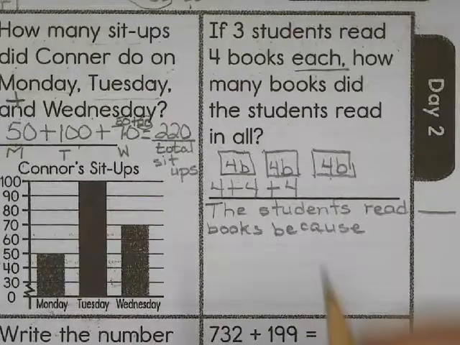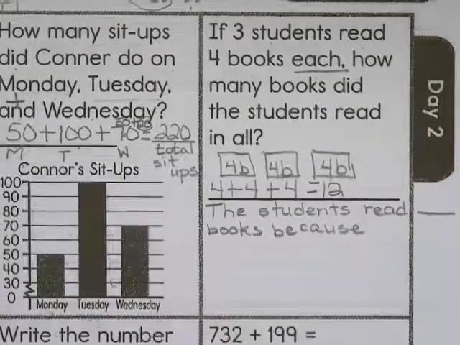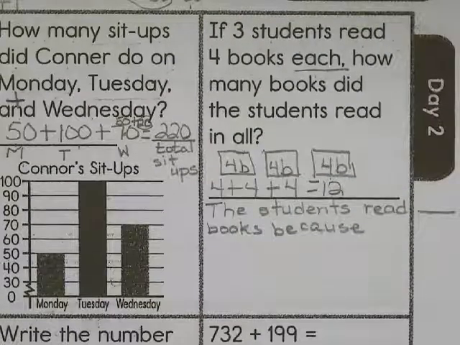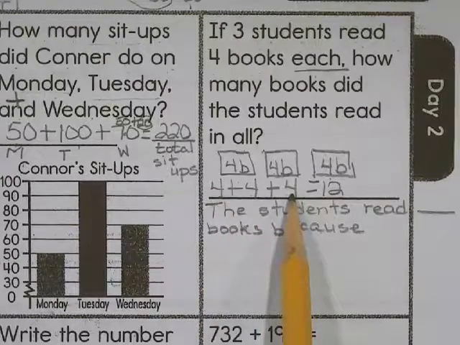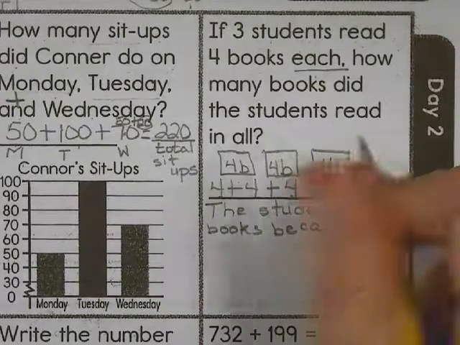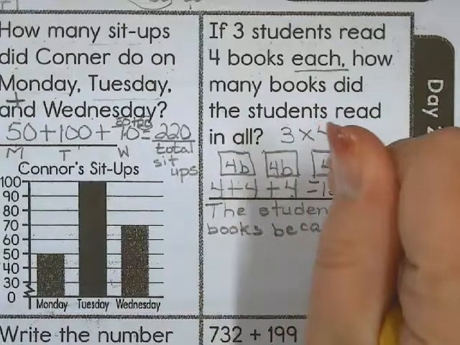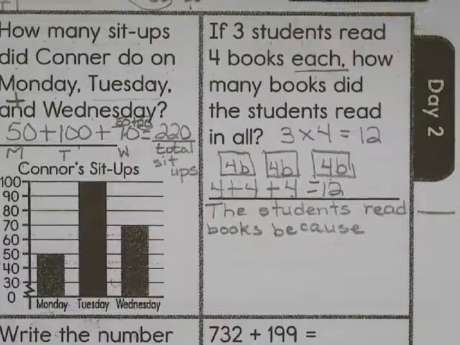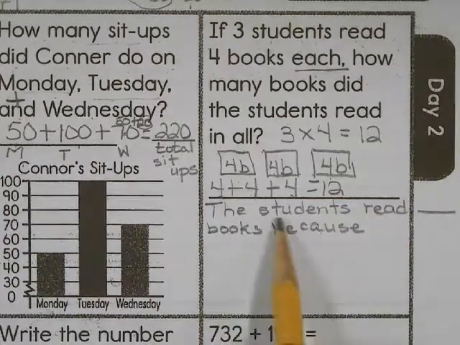right, 12 books. Now, if you notice something, and hopefully you did now that we've been talking about multiplication, you've noticed that there are 3 equal groups, 4 in each group. So if you wrote a multiplication sentence to solve, that would also be a good way to show 3 groups of 4. So here we could say the students read